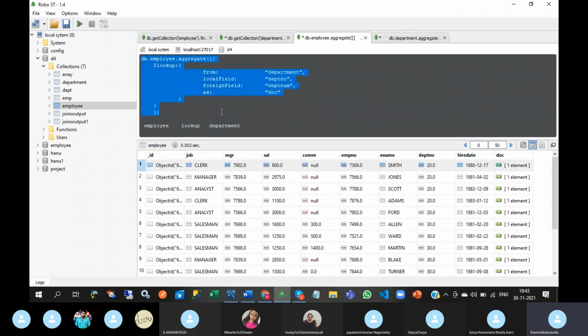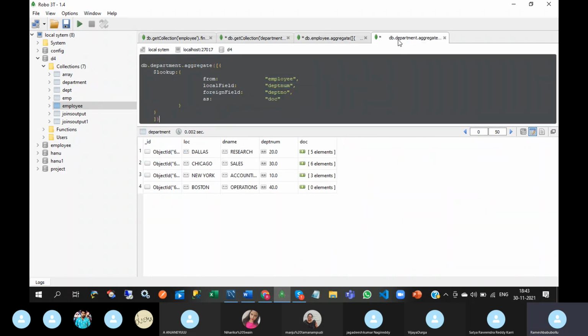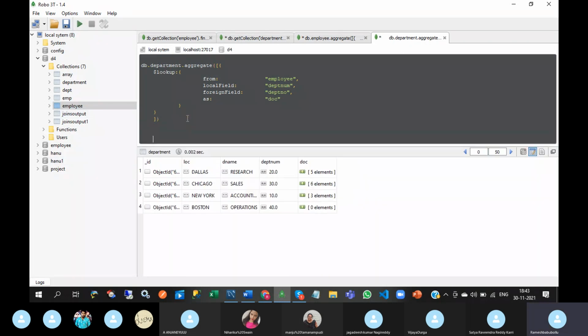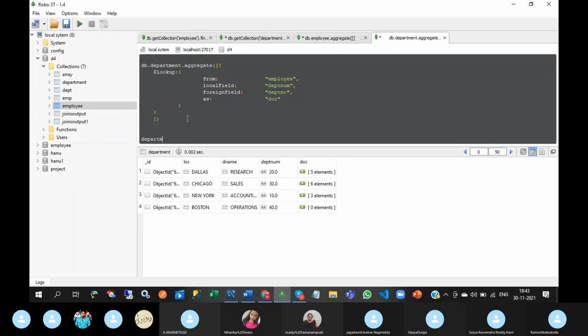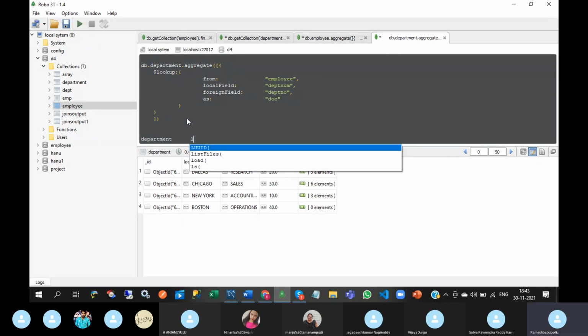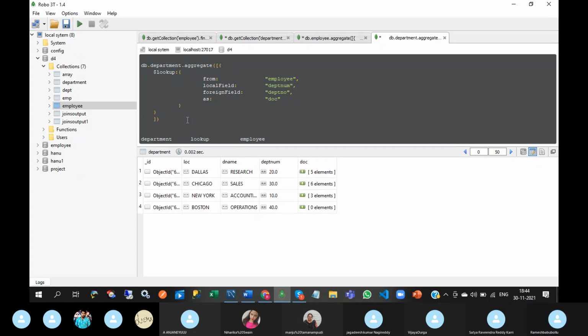That is about this query. Coming to this query, department is the left collection, so lookup, and employee is the right collection. Here you are adding employee documents to the department collection.